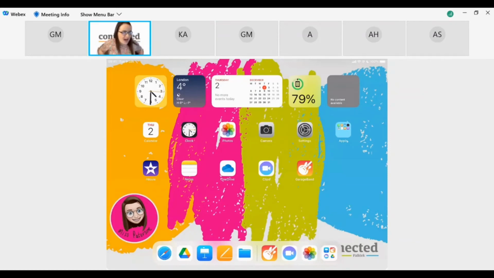Okay, we're going to have a look at three different ideas to get you started with your shared class devices. I know it can be quite overwhelming when something new is introduced into your classroom, but we really want to emphasise that you don't need to reinvent the wheel to use these devices with your pupils. They are intended to enhance the lessons and the plans that you have already got going within your classrooms. Think of them as a new set of tools that can be incorporated into your lessons to support your pupils'